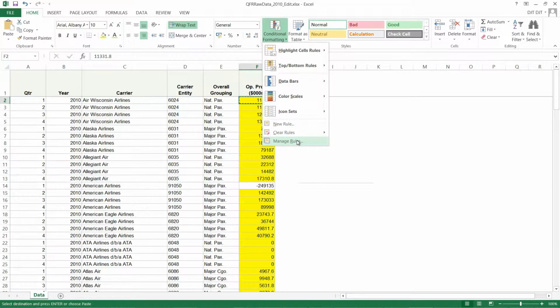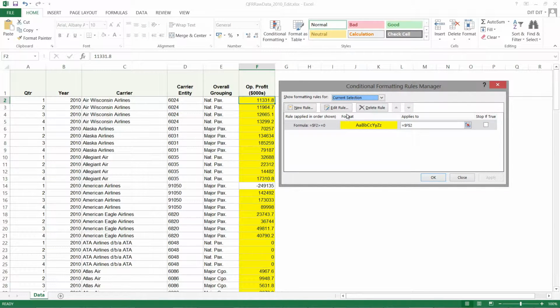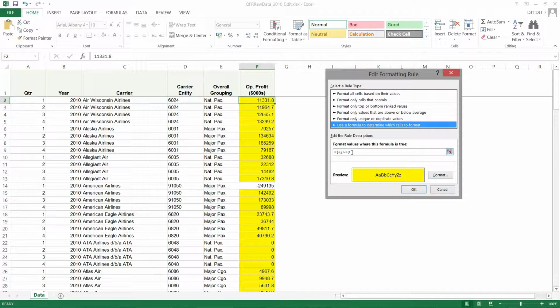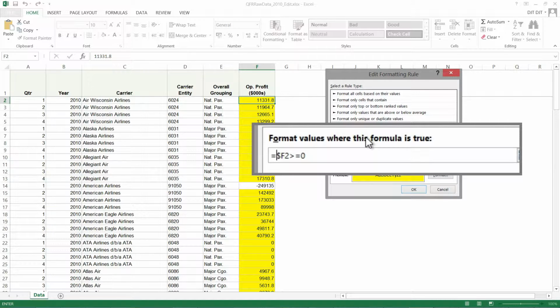So if we go into manage rules down here, you can see that rule that we've just created is listed there, so we can go in and edit that rule. So we could say something like, well, you could put an AND statement in and say, AND F2 is greater than 0, put a comma there, and add in, let's say, E2, just get rid of the $ sign there, is equal to, let's have nat packs. So close that bracket to close off the statement, and if we click OK,